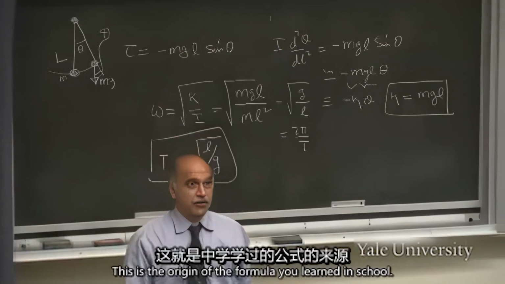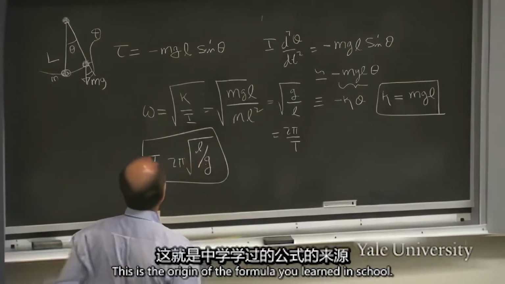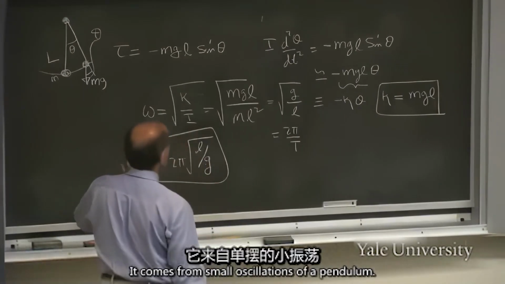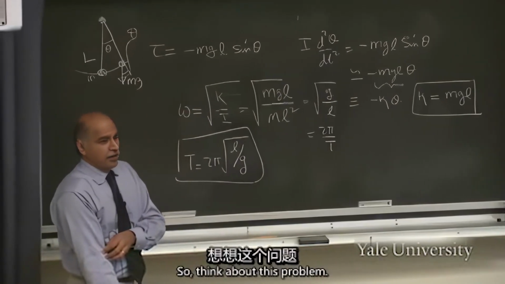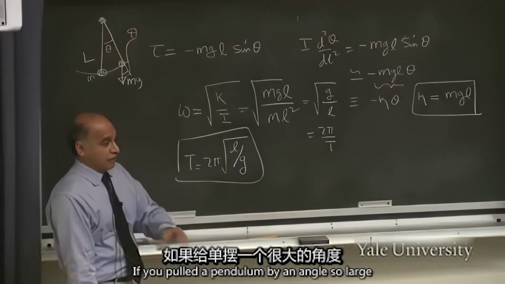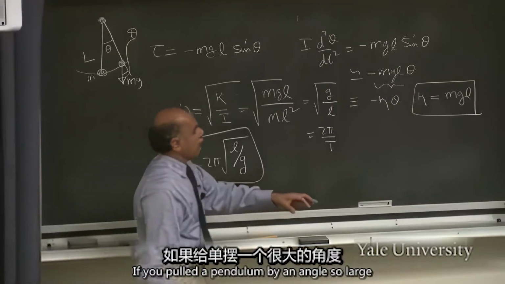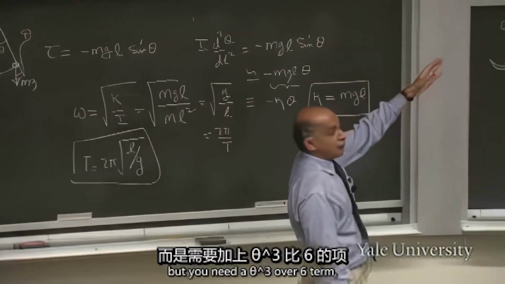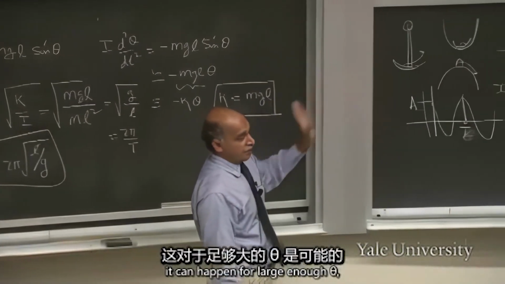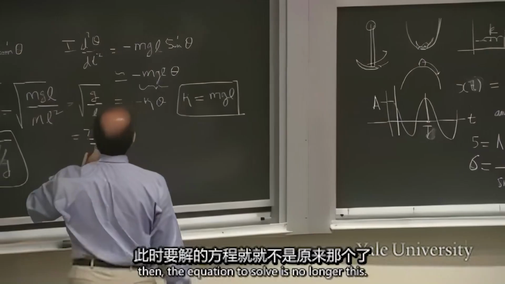This is the origin of the formula you learned in school. It comes from small oscillations of a pendulum. So think about this problem. If you pull the pendulum by an angle so large that sine theta is no longer approximated by theta, but you need the theta cubed over 6 term, it can happen for large enough theta,